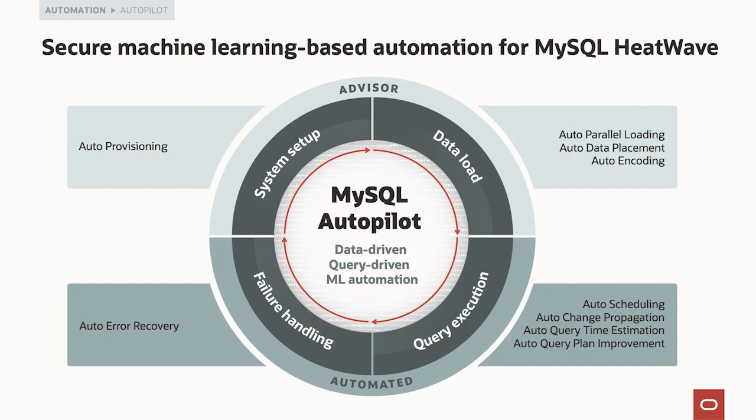Now, this is all advice. You can override MySQL Autopilot. You don't have to take the advice. But generally speaking, you're best served if you do. It does a very good job. The other thing it does is it just fully automates certain operations. You never see it. So for one thing, it can notice if a node is misbehaving and needs to be reprovisioned. It can also tune query execution. So it observes and watches your queries running to understand how resources are being consumed. So it can execute that query faster, but also other queries that consume the same resources. And we'll talk more about that later.